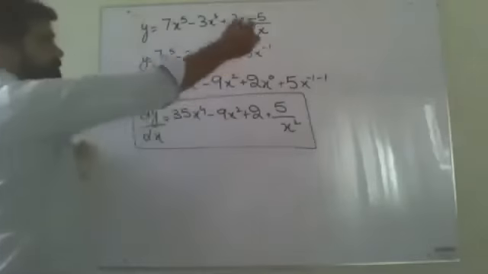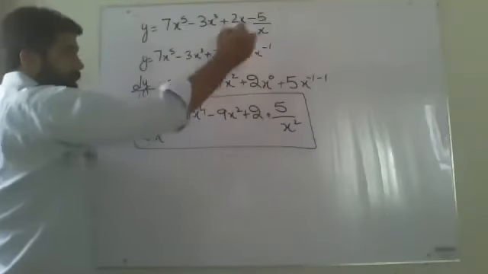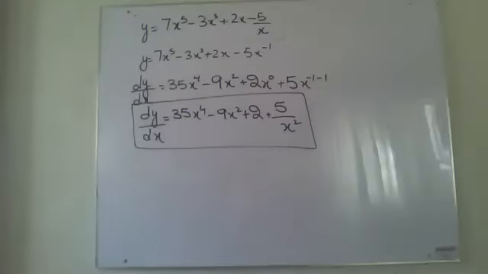So first of all I shifted it over here and it becomes x to the power minus 1. It means if you have anything in the denominator that is a variable, not a number, number will not make any difference, if it is a number let it go. But if it is a variable,